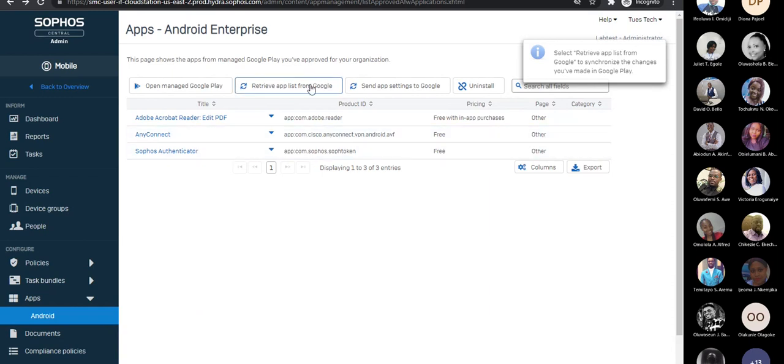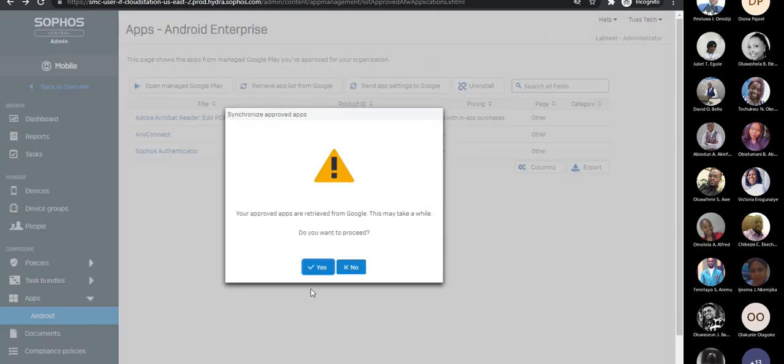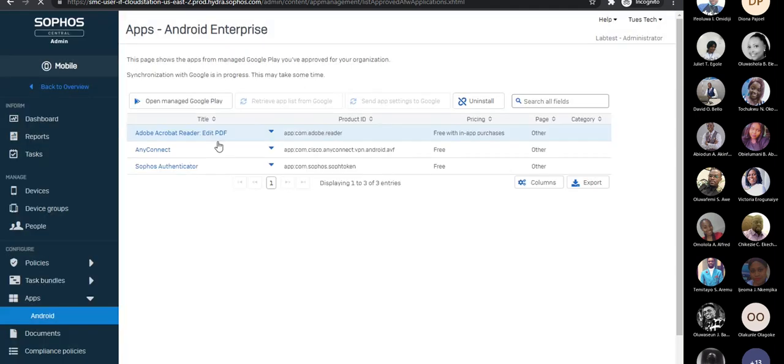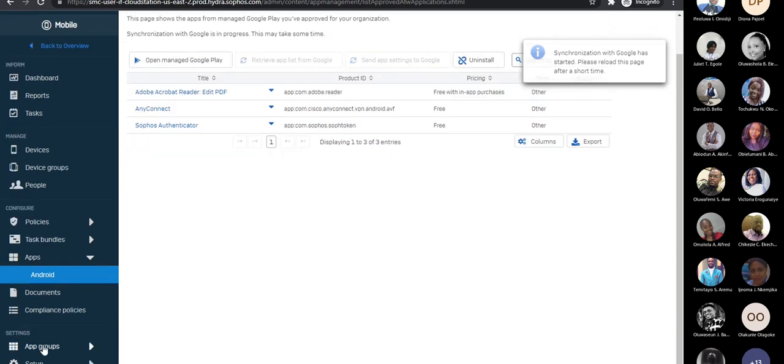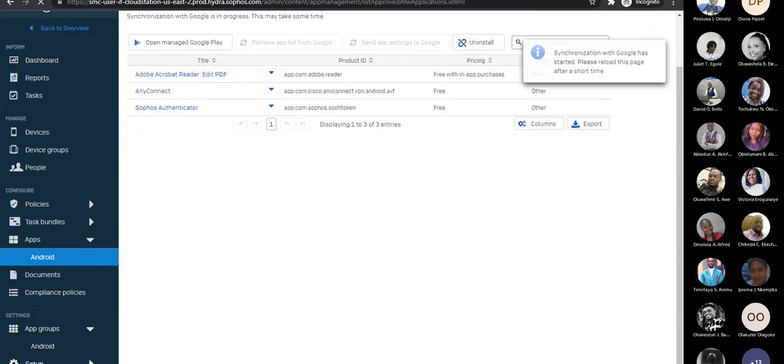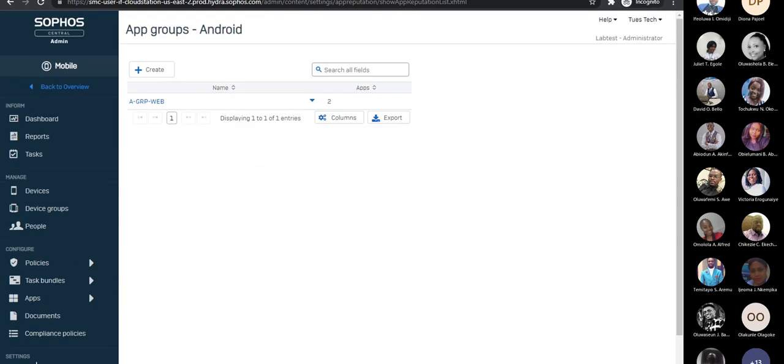So after doing this, you can just retrieve the list there. So once you retrieve the list here, it's going to take a while before it actually populates or brings up the app here on your Sophos Mobile dashboard. So it's just going to take a while. So from here, you can create an application group. So you click on application group, then create